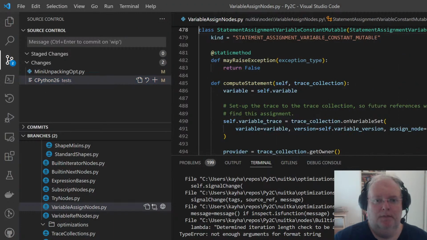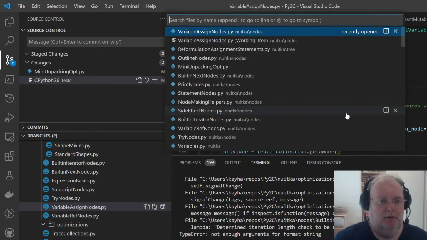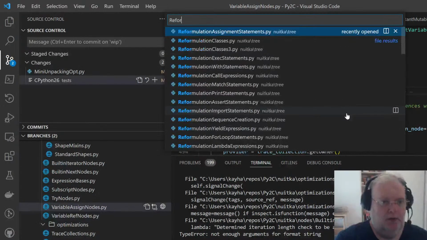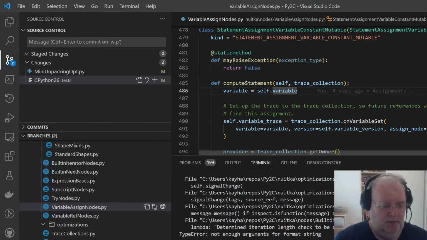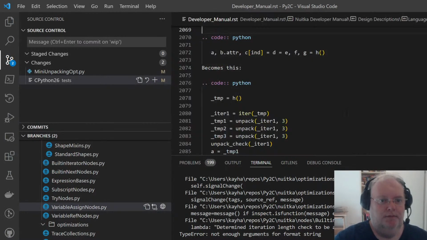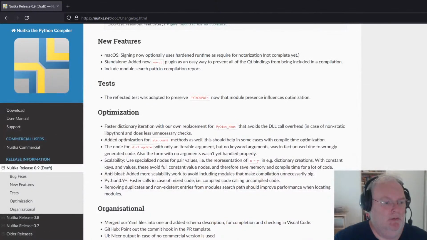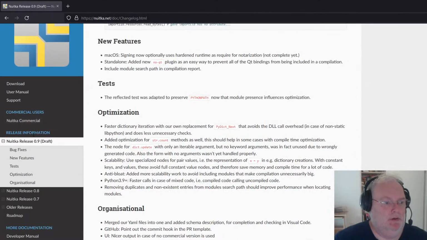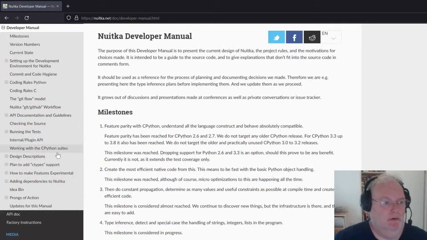And yeah, I just need to create an outline body. And an outline reformulation. Where is my developer manual? Maybe I use the web version. Design description.